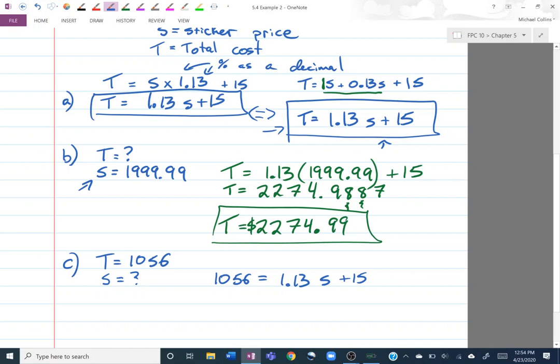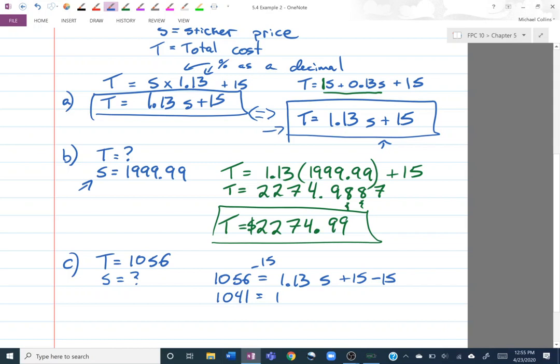So this one's a little bit different than last time. There are some numbers on the same side as my unknown. So I'm going to have to do some algebra to solve this. I'm going to have to try and isolate the unknown variable, which in this case is the S. The first thing I'm going to do is move this 15 over. I'm going to get rid of it. I have to do the same thing to both sides. I'm going to subtract 15 from both sides, and I get